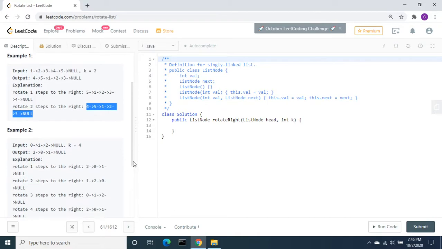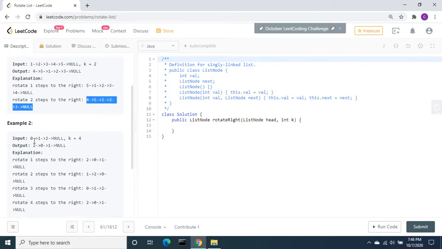Let's look at the second example. The input is 1, 2, 3 and then null, but we need to rotate by 4 times. The first time we rotate, it gives 3, 1, 2. The second time we rotate again, 2, 3, 1.